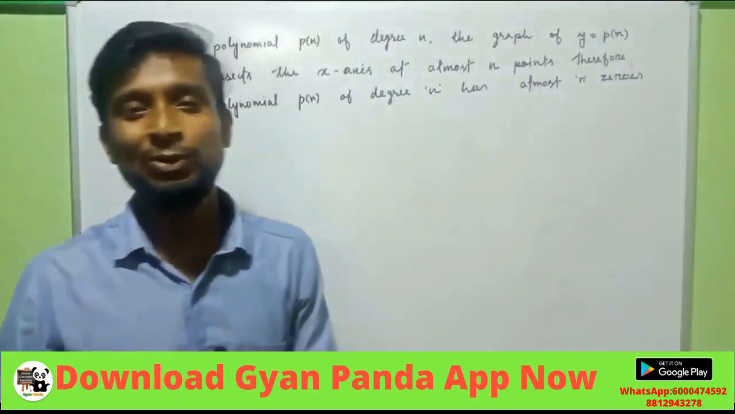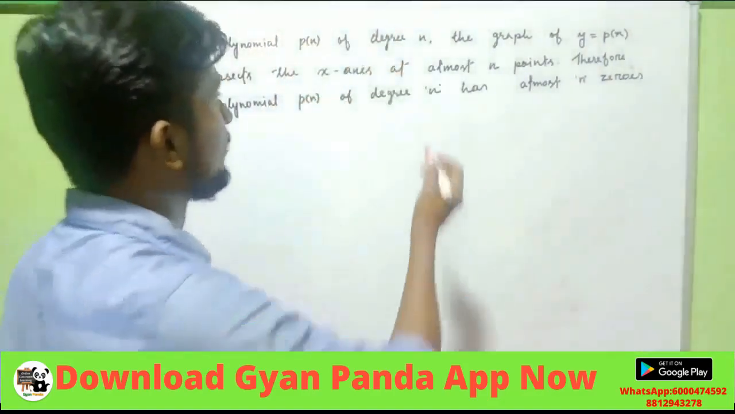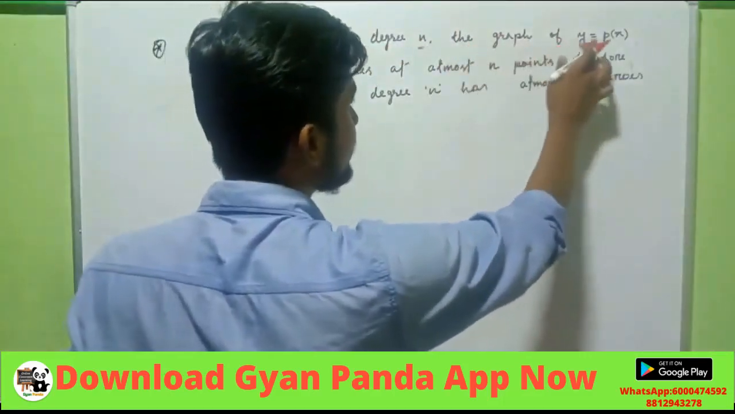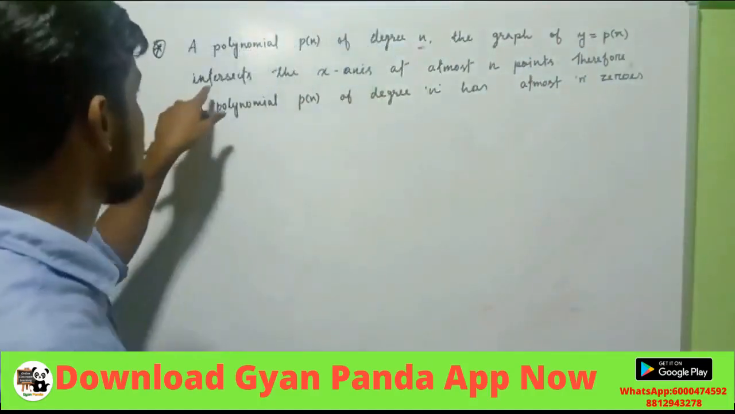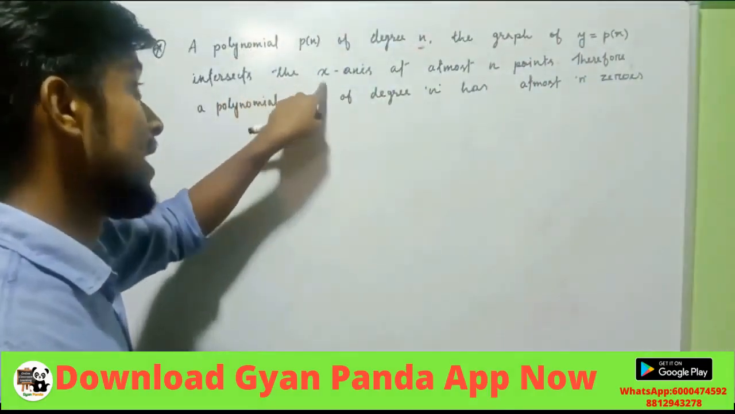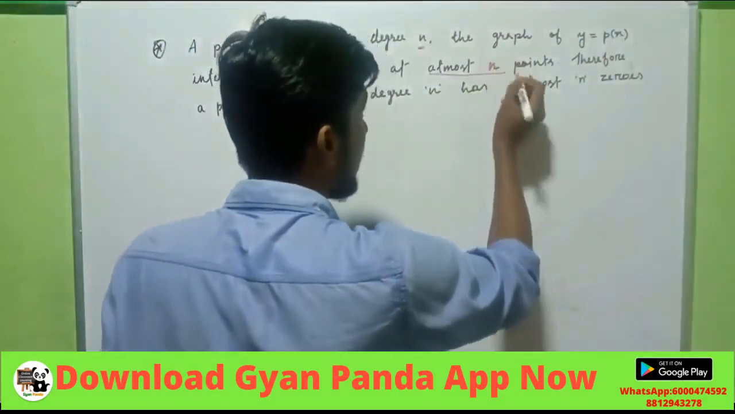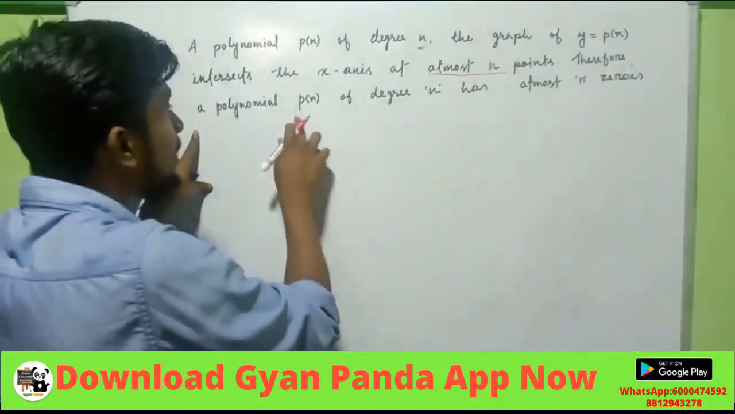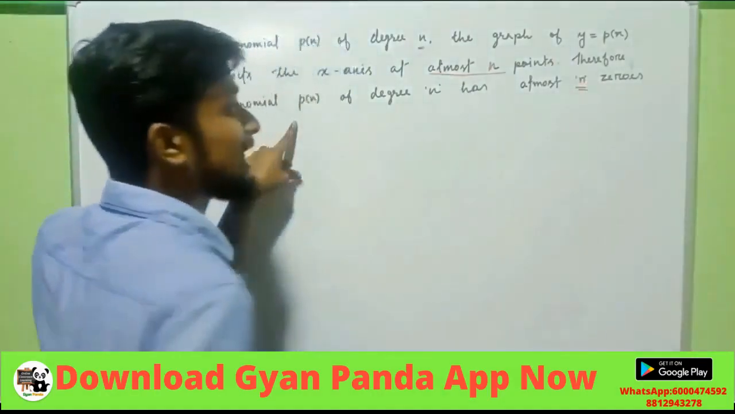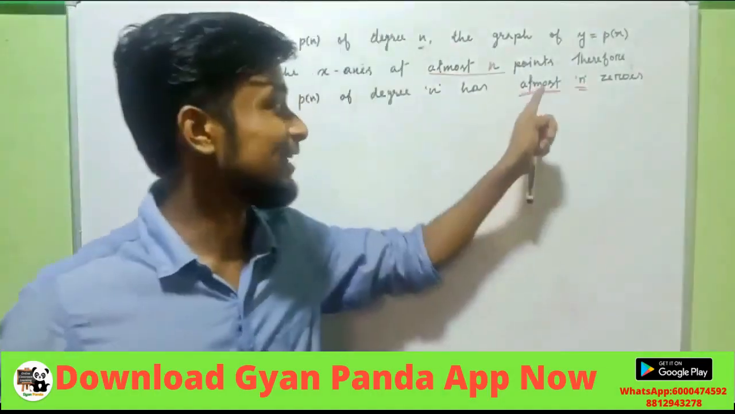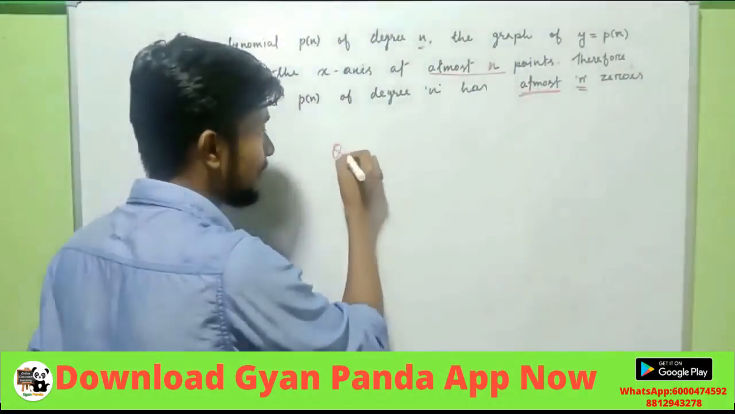So finally we can conclude one thing: for a polynomial p of x of degree n, the graph of y equals p of x intersects the x-axis at most n points. Therefore a polynomial p of x of degree n has at most n zeros. Focus on the words 'at most' carefully. That means, suppose a quadratic polynomial,